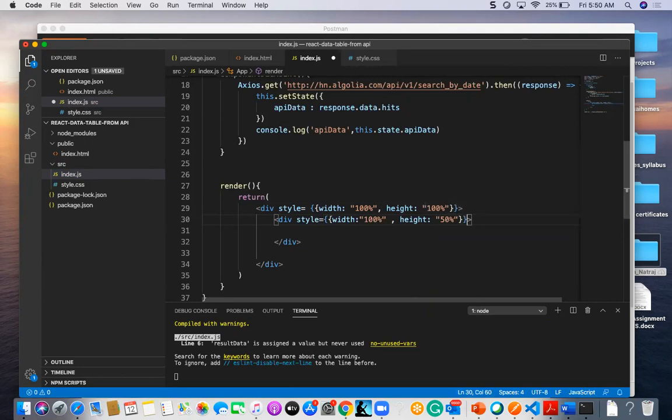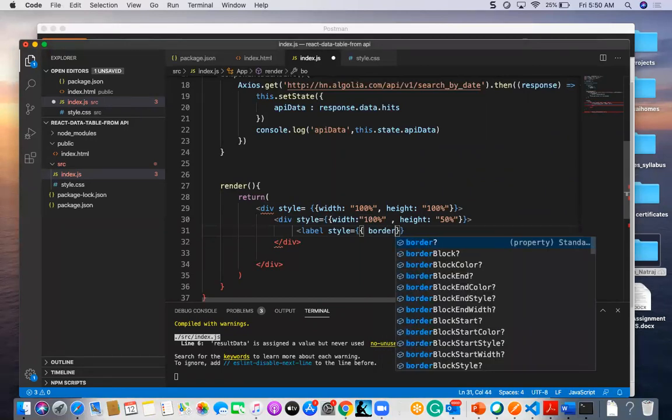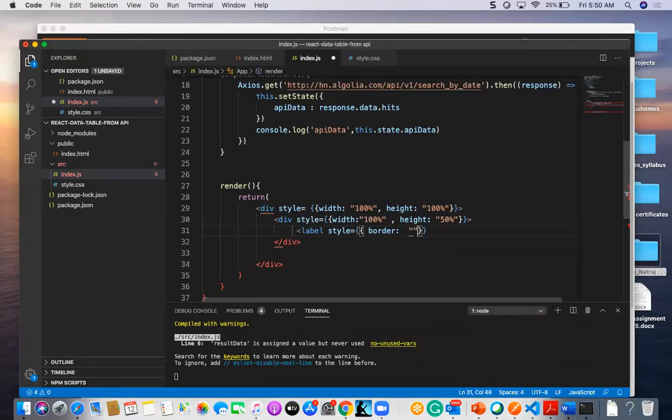Within this, I want to give some information here. So I am going to give a label and style, and here I am going to mention a border, which is 3 pixel solid blue.